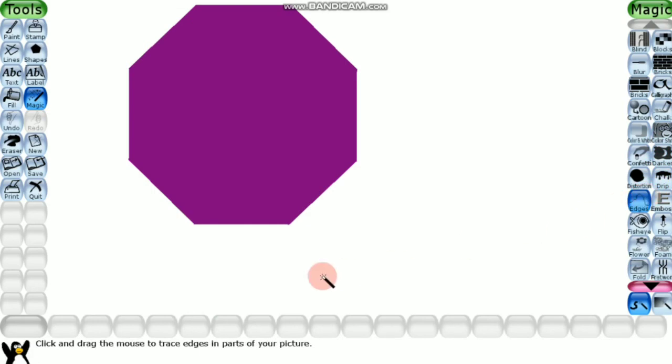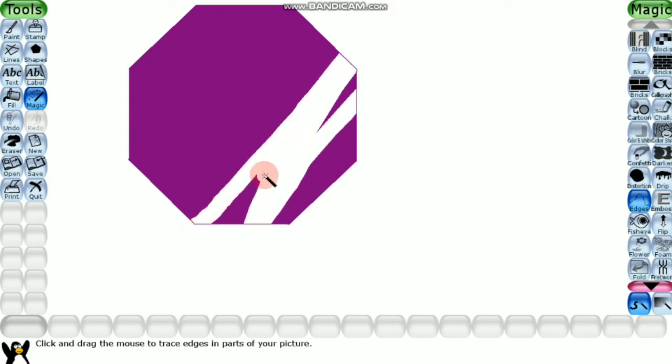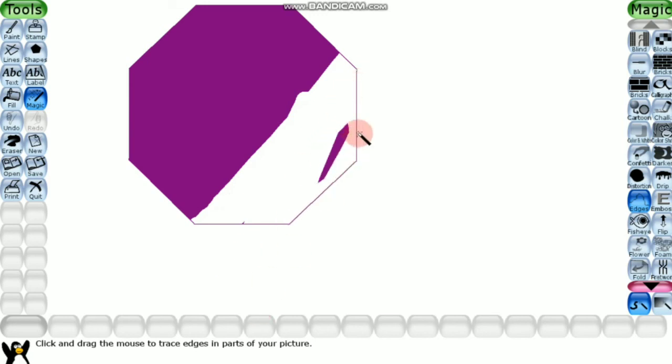As soon as you drag your cursor, only the edges will be there. See, you can drag it over the whole picture, and still the edges of that picture are visible. It is also used if you want to color it in a different color.